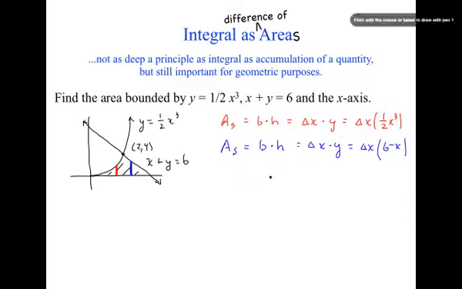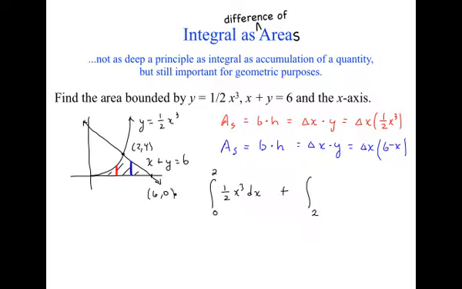And so the area is the integral from 0 to 2 of 1/2 x cubed dx plus, so that's 6, 0, right? So 2 to 6 of